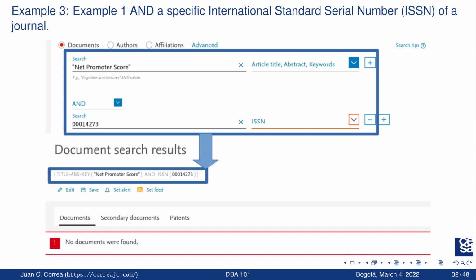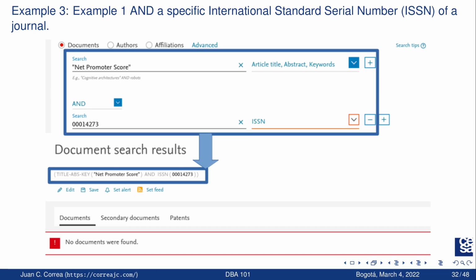Now let me give another example. Here I have a couple of criteria. First, I wrote Net Promoter Score, exactly as in the first example, and this is the important part, I also included an International Standard Serial Number.